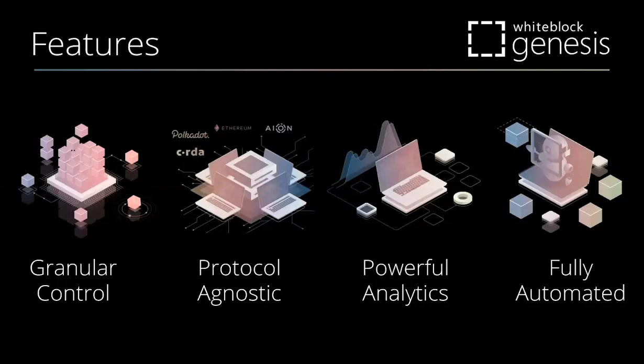So that we can get the data and actually analyze what's going on. Talking about analyzing, we have powerful analytics bundled in, so we give you access to your block data and your log data. We make it available to you so you can work with it using data science tools, which are best in breed on the market today, such as Jupyter Notebooks. All this comes fully automated. In less than 30 seconds, you can set up a testnet and get it going. You can automate that as part of your CI/CD pipeline, and everything works well with your existing tooling, so all your complex testing just happens automatically going forward.